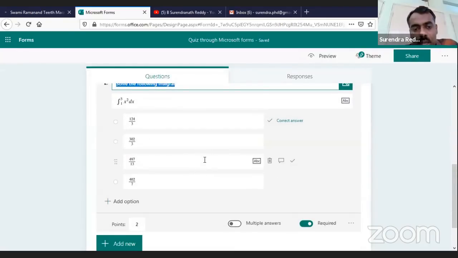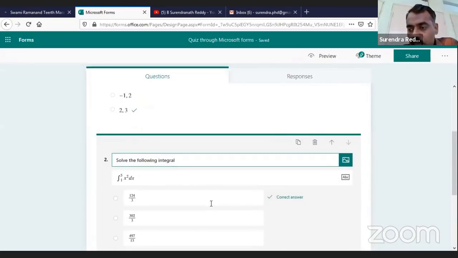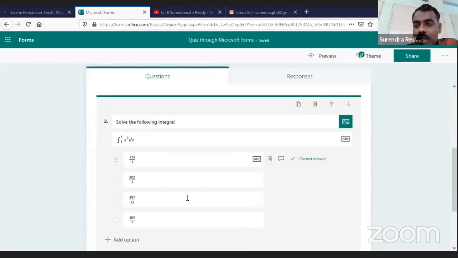Okay? Right? So I hope one can type mathematics very easily using Microsoft Forms. Not only typing mathematics, but it also gives suggested solutions. If you want, you take it. Otherwise, you can change it also, right?